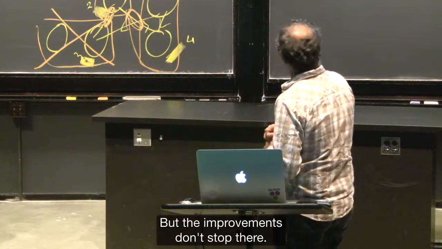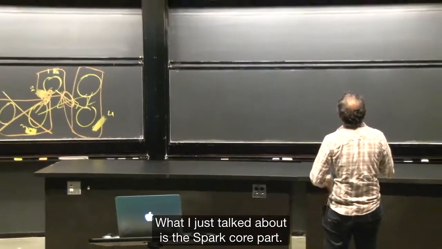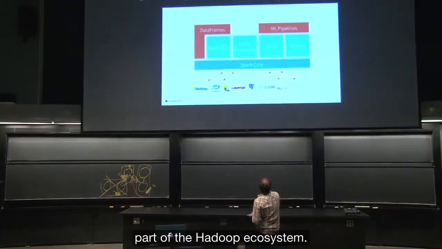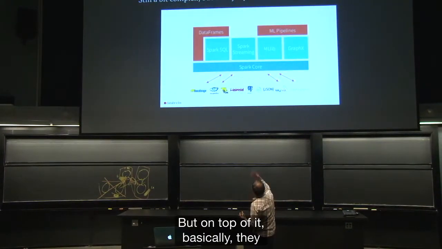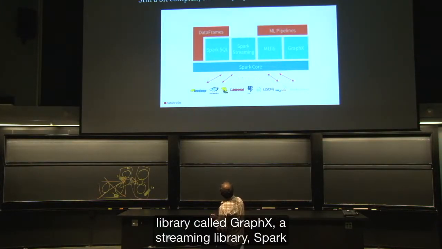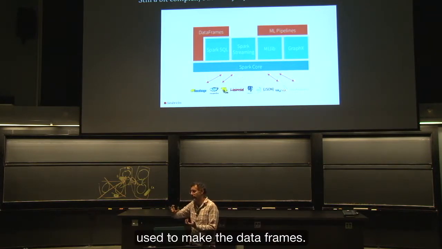But the improvements don't stop there. So they've done a lot of good stuff over here. So that's the Spark core. What I just talked about is the Spark core part. And it talks to various things that are part of the Hadoop ecosystem. But on top of it, basically, they layered a machine learning library called MLlib, a graph library called GraphX, a streaming library, Spark Streaming, and a SQL library. And that SQL library is actually used to make the data frames. If you remember